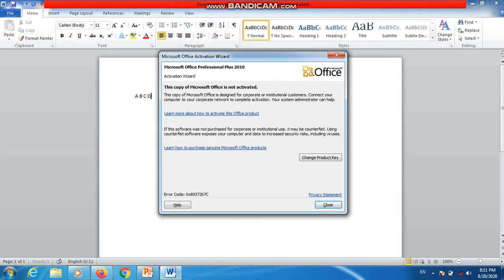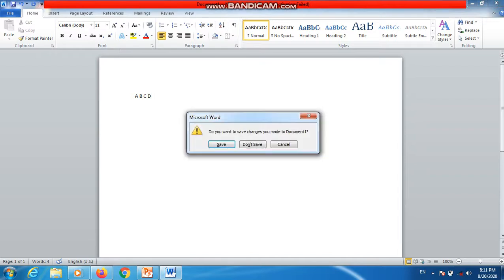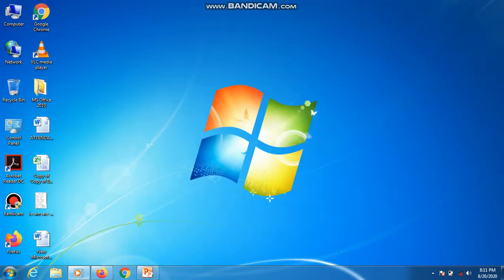After that you have done your work, you have saved it. Now you want to close it. For closing the application, here you can see three things are here: minimize, maximize, and then this cross means close. You will click on a cross, then this dialog box will come. It will ask you whether you want to save it, you don't save, or you may cancel it. Okay, so at present I am just showing you how to close it. So I am not saving it, don't save, and then this will close. Okay.